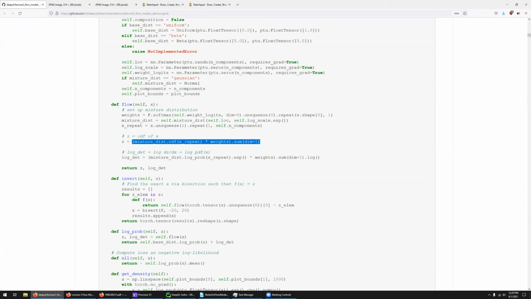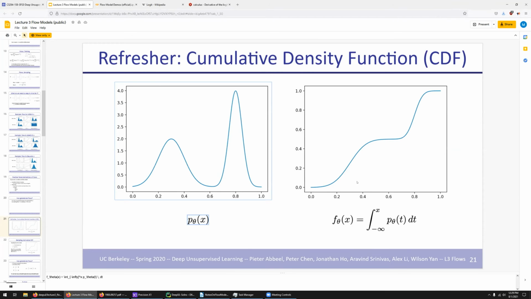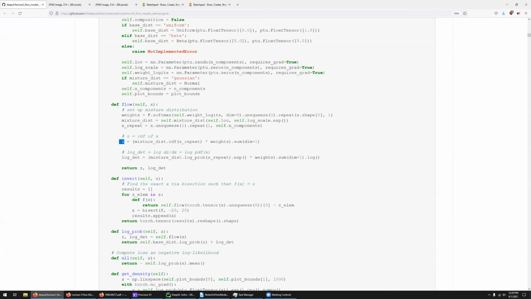All you're doing is your z is just f theta. F theta is just this function here that maps to some point between 0 and 1. And there's weights involved because there's a mixture of Gaussians, right? So you have to add all of them up. Yeah, and then the log determinant, it's because we need the determinant to calculate the